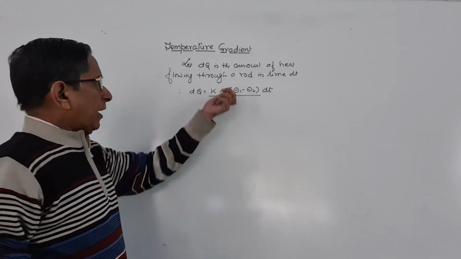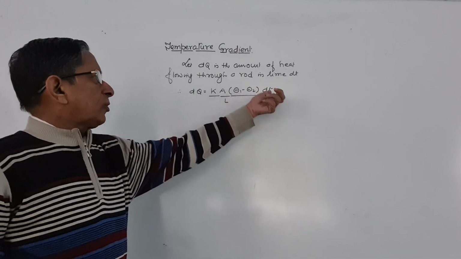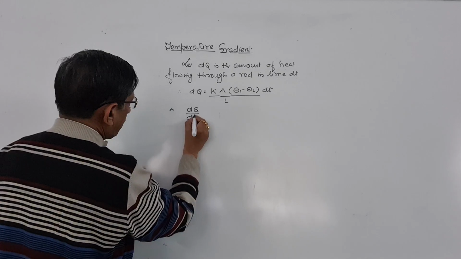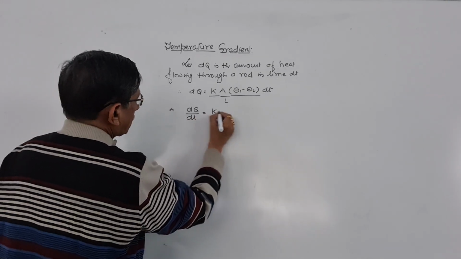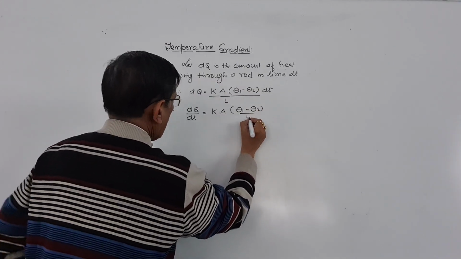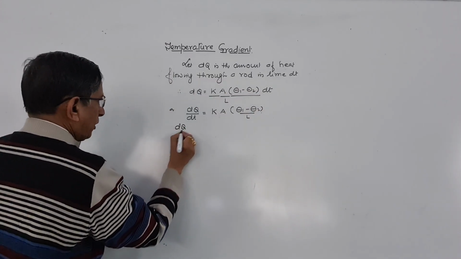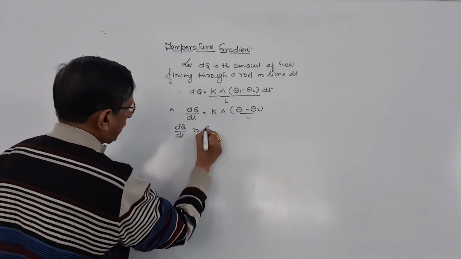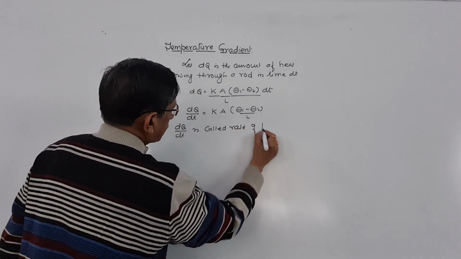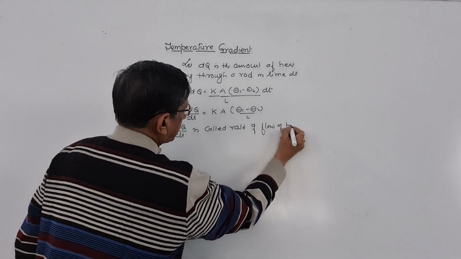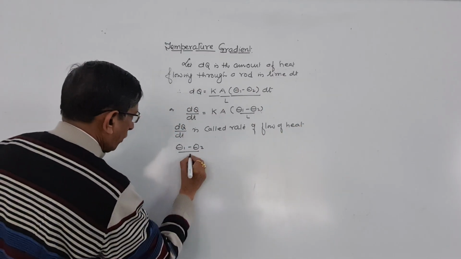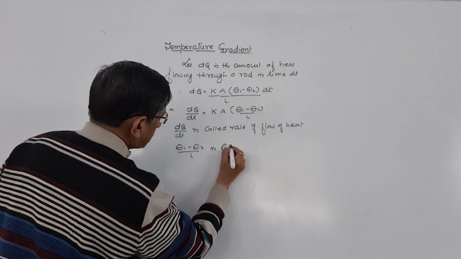So dQ is equal to kA (theta 1 minus theta 2) dt upon L, or we can write dQ upon dt is equal to kA (theta 1 minus theta 2) upon L. dQ upon dt is called the rate of flow of heat. (Theta 1 minus theta 2) upon L is called, dear students,